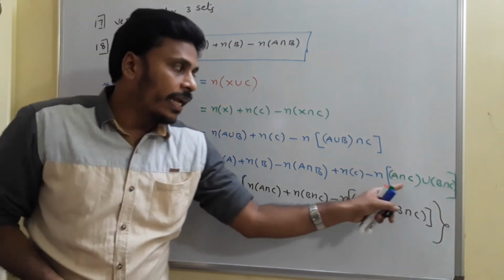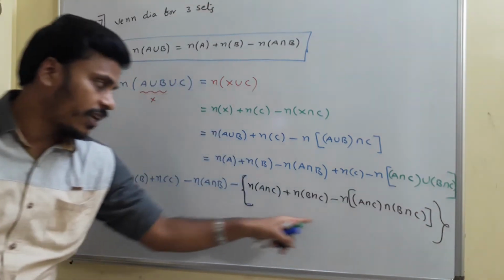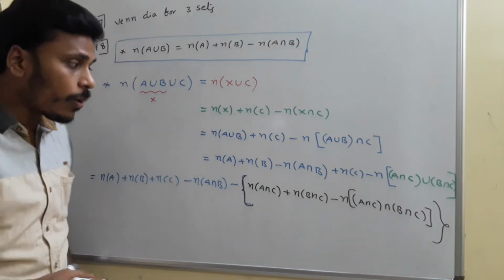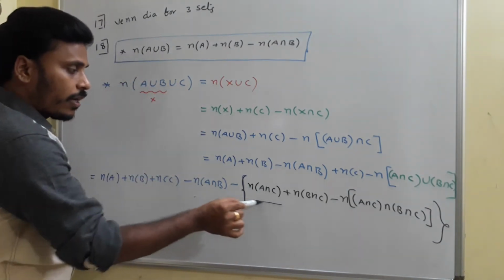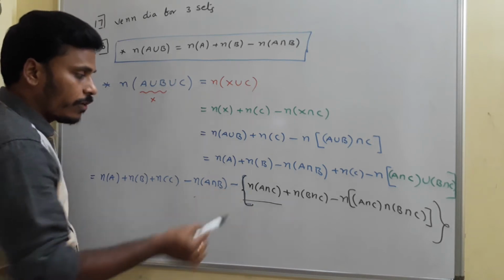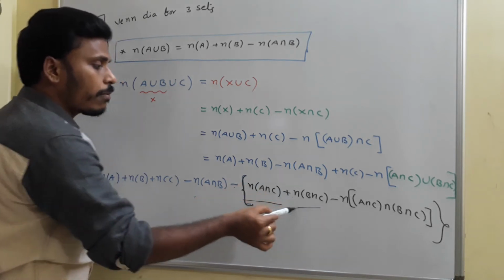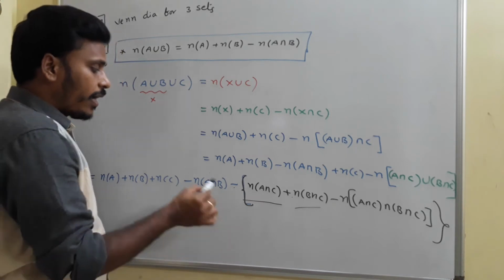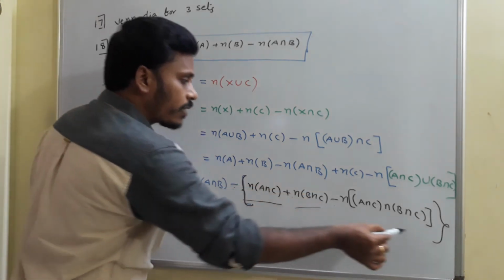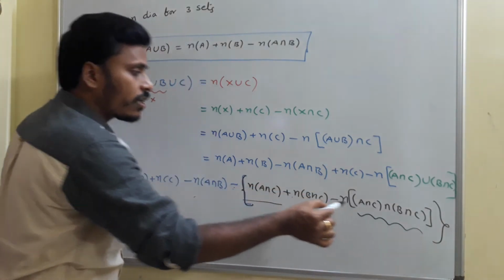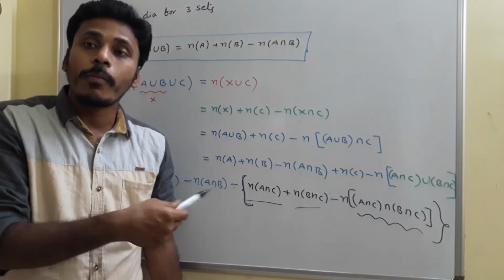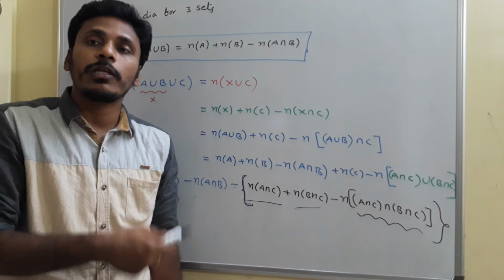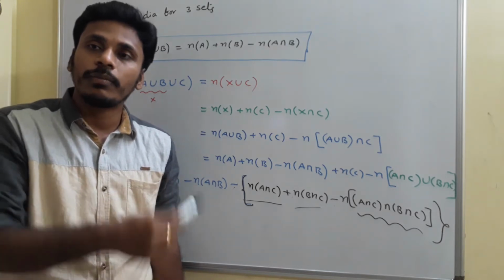Okay, and (a intersection c) union (b intersection c) can be written in this manner. And now at the end, this is minus n of a intersection b, and this is minus n of a intersection c, and if you apply minus for this term, minus n of b intersection c, at the end minus of minus plus a intersection c intersection b intersection c. In essence everything is an intersection, the common elements of a, b and c. So simply you just write it like this, a intersection b intersection c.